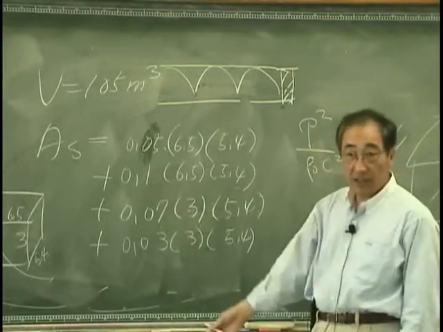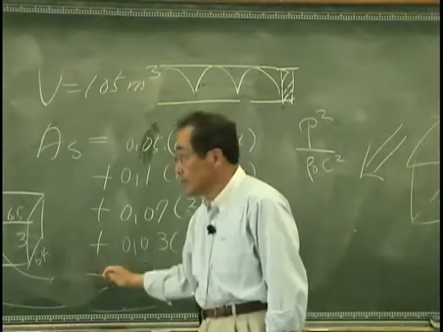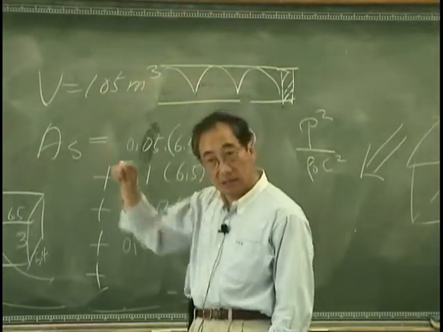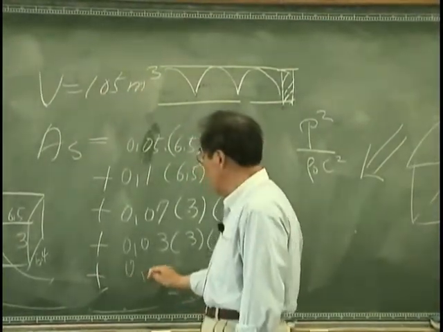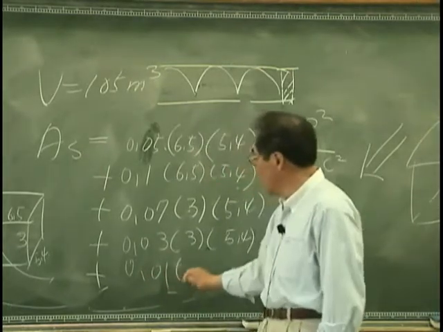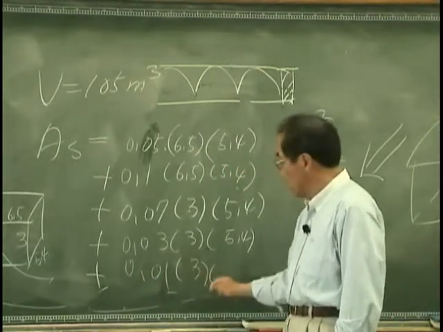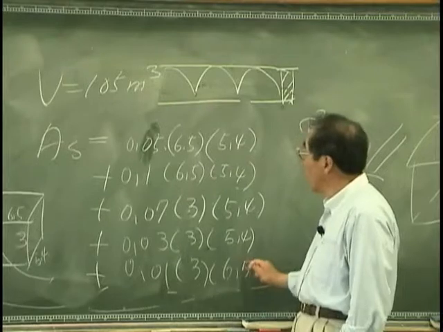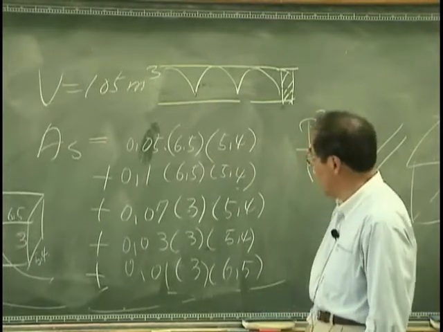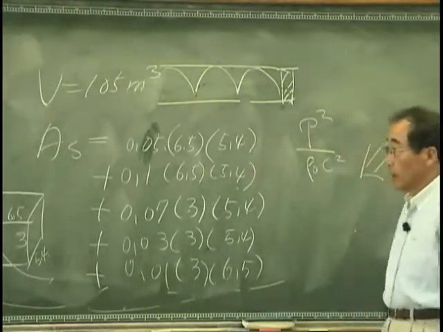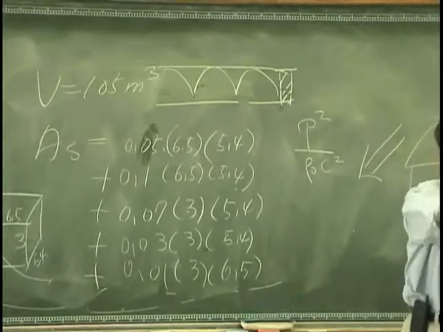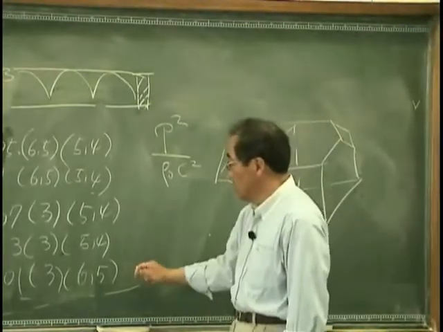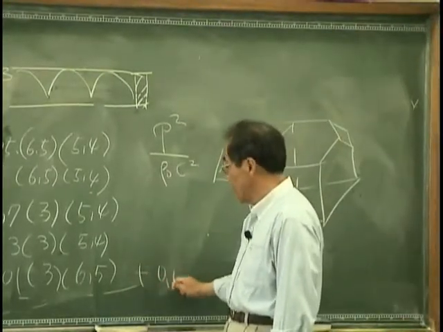And this side is very little absorbing. So that is 3 and 6.5, right? 6.5. I have this one, and that one is very little. So I say